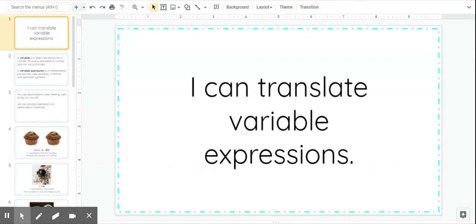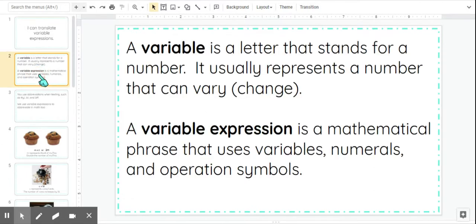I can translate variable expressions. A variable is a letter that stands for a number. It usually represents a number that can vary or change. So for example, I could use M for the amount of money I have. It will vary day to day based on the paychecks that I get and based on me having to pay